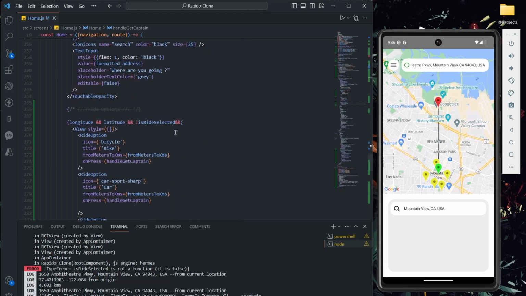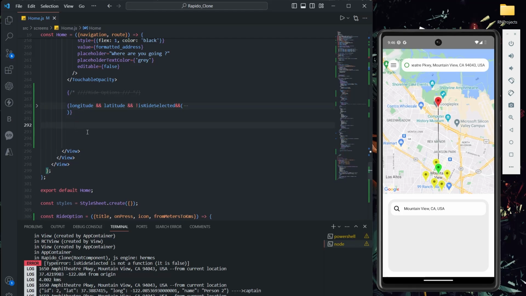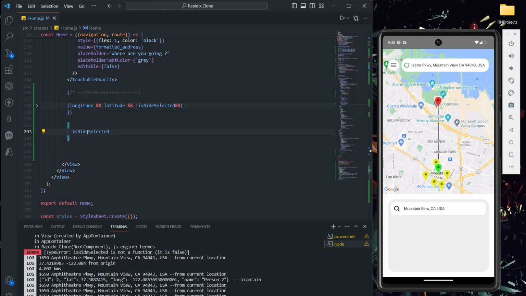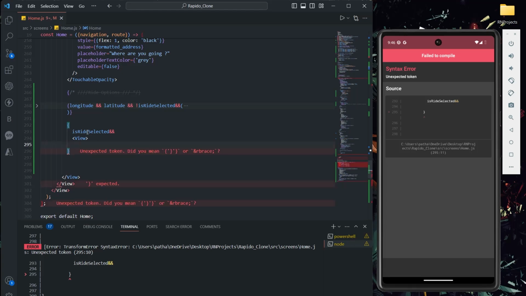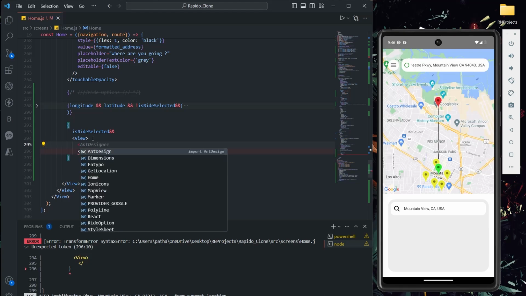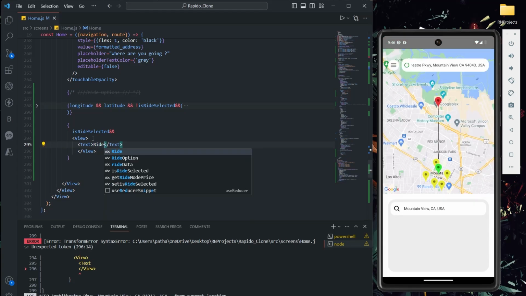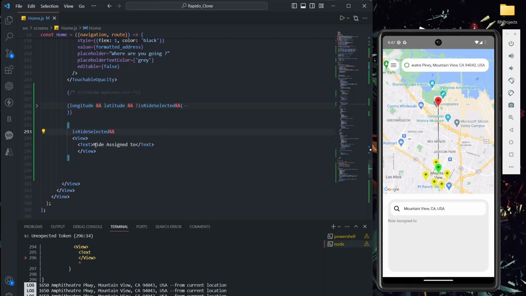After that, where is this UI again? On the below, let's give some space and let's create the UI. Basic details I'm going to show. If isRideSelected is true, then only I want to show this UI, and only then I want to show these details, right? What was the first thing I have to show? I want to show a text. Ride ascend. Okay, see, right now you can see the text also, right? Let me make it center.